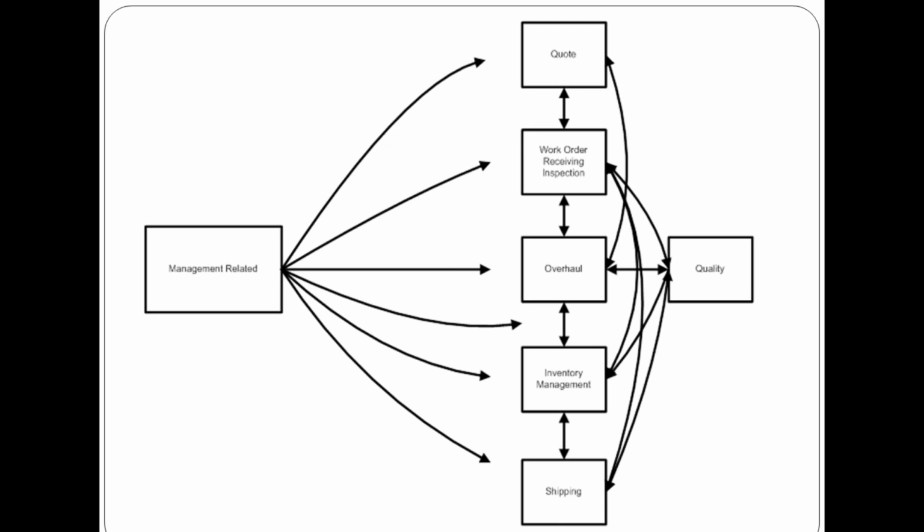Here is another slightly busier example. This particular one I've included in the presentation because I want you to see how unique the process names are, particularly in the middle, where we have quote as a process, work order receiving inspection as a process, overhaul as a process, inventory management and shipping, with quality and management related, again on the outside, lending support to the entirety